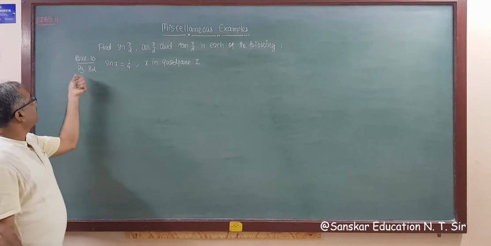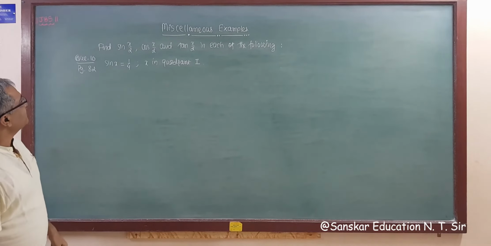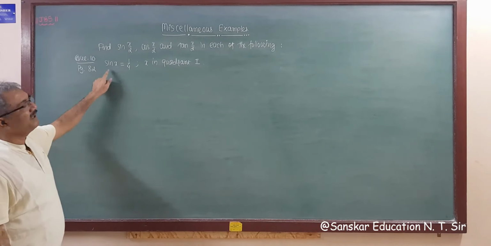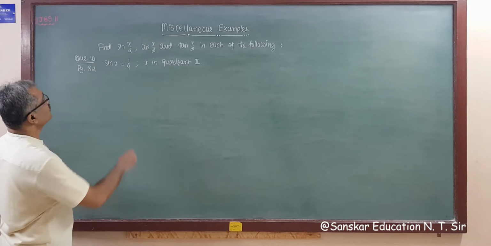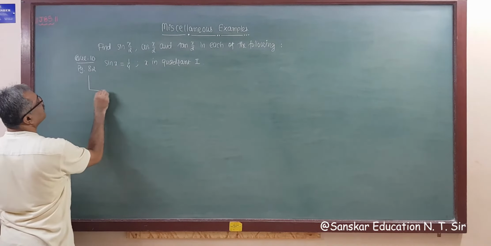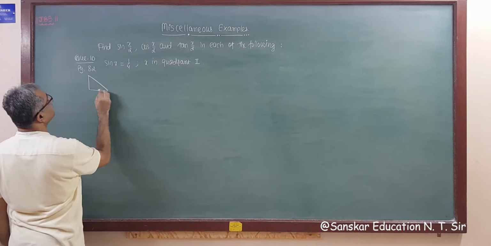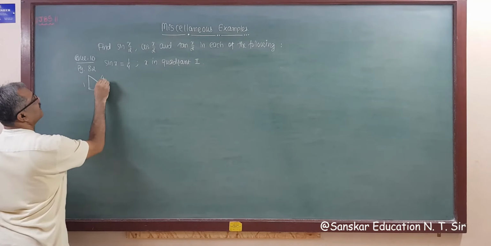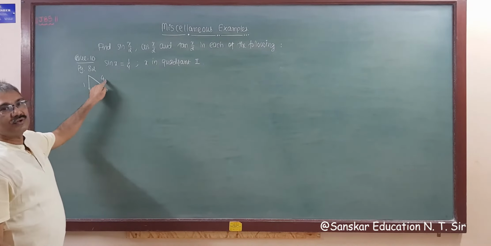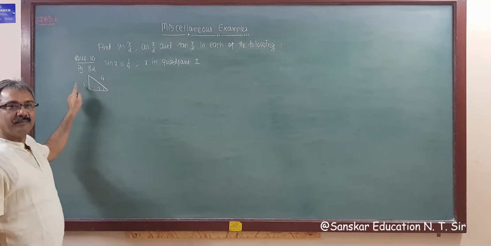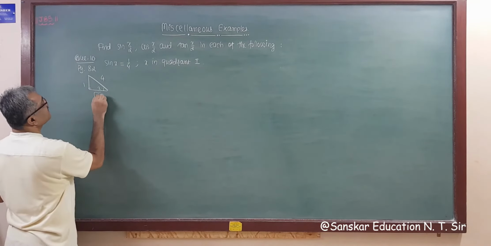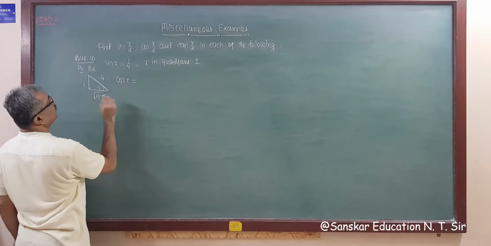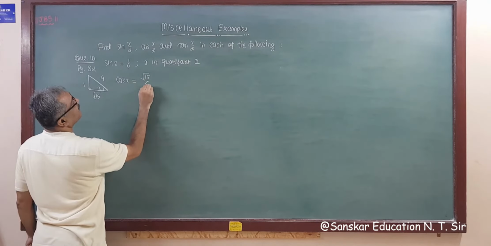Now the same for the last question, that is question number 10. Sin x is 1 upon 4 and x lies in quadrant 2. So sine is given, and we need cos first, right? Drawing a right angle triangle, this is x, sine means 1 is the perpendicular and the hypotenuse is 4. So 4 square is 16, minus 1 is 15, so this side is root 15. So cos x is equal to root 15 by 4.